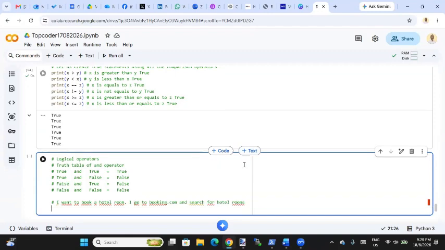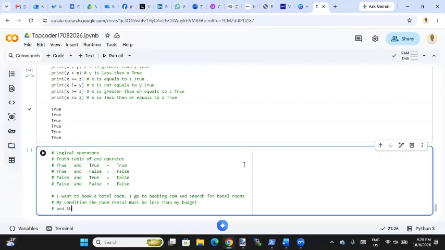Okay, my criteria, my condition: the room rental must be less than my budget,